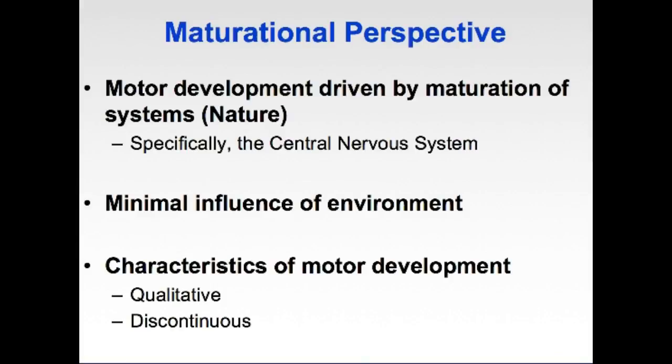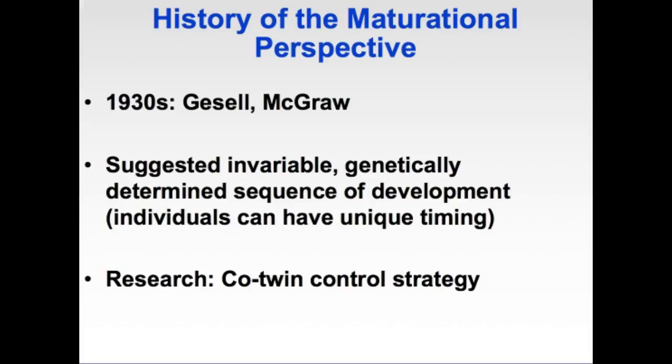Motor development is driven by maturation of systems, by nature, specifically the central nervous system or the CNS. There's minimal influence of the environment, and the characteristics of motor development are qualitative and discontinuous. The history of this perspective: McGraw in the 1930s is the one who developed this theory. He suggested an invariable, genetically determined sequence of development. Individuals can have unique timing, and he did some research that goes into detail in your reading about the